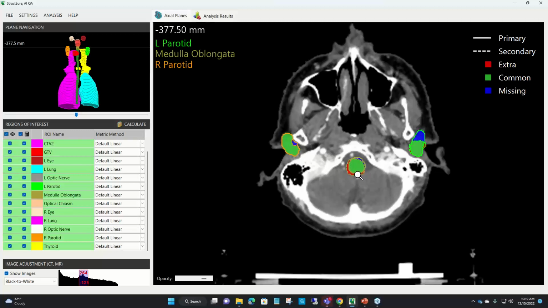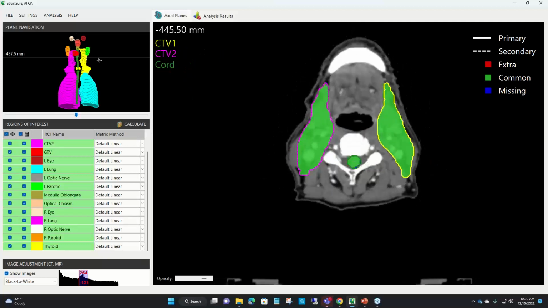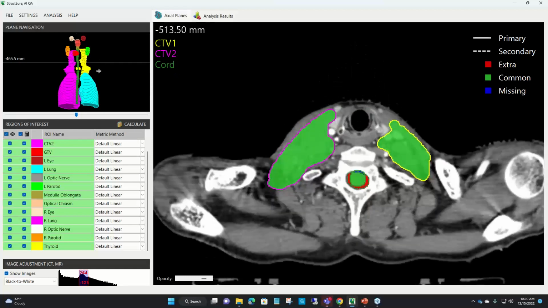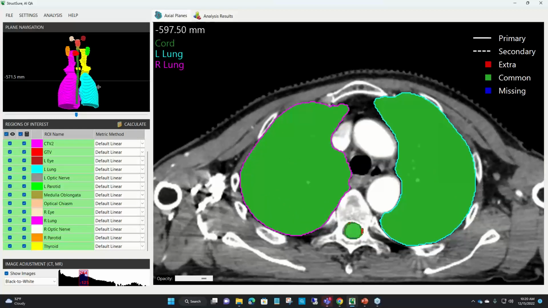But then here, it's the secondary set, or in our example the auto seg engine, that actually overshot this area. See what I mean? It's undershot, agreement, overshot, agreement, all of that. But that's just a visual representation. And again, we could go through this, and you can see different results as we roll through the CT set. Yep, oh, look at that. Yikes. On and on and on.